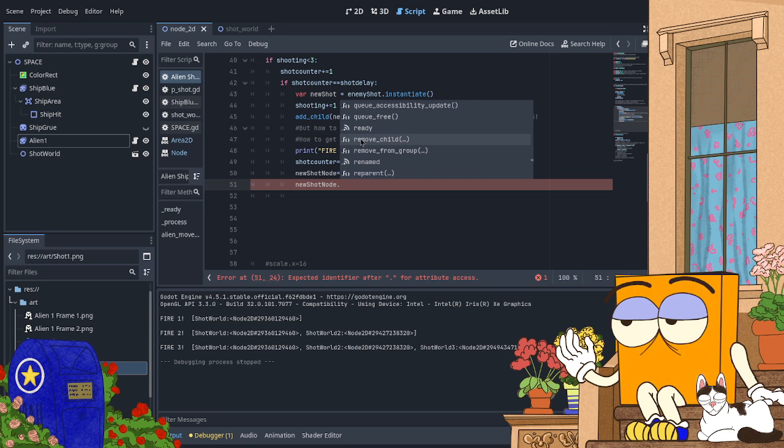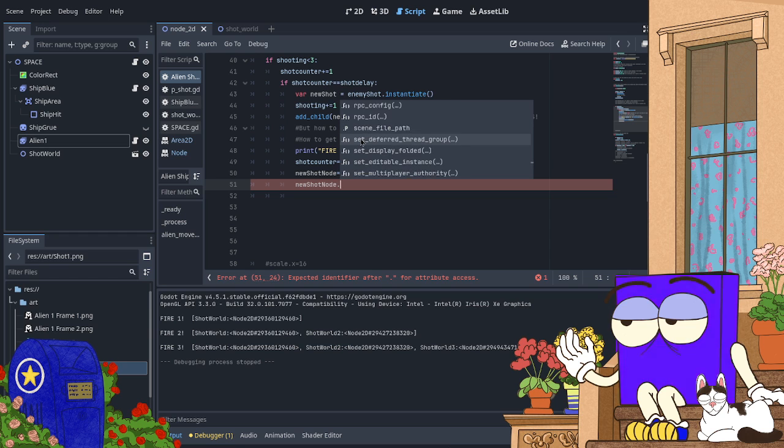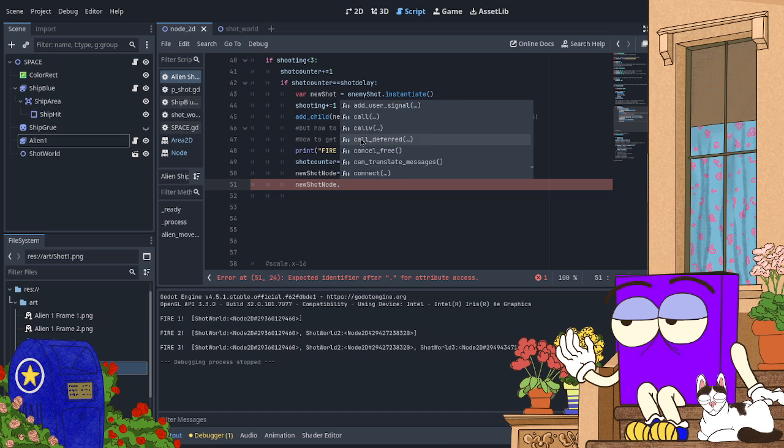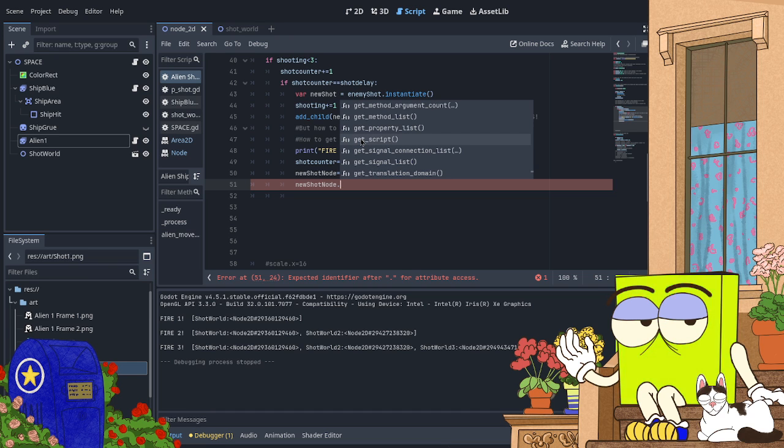Remove child, I don't want remove child. Set process, add user signal, get script.